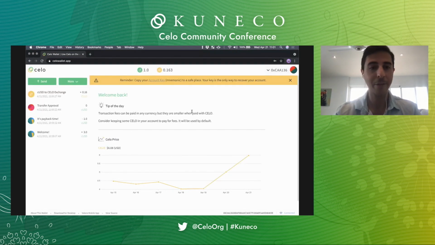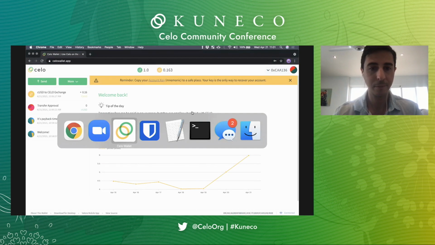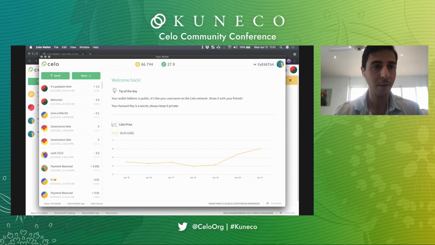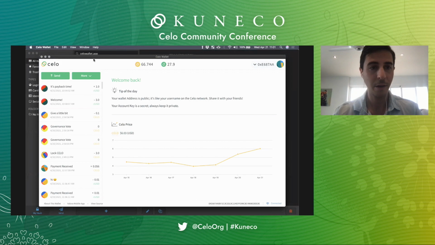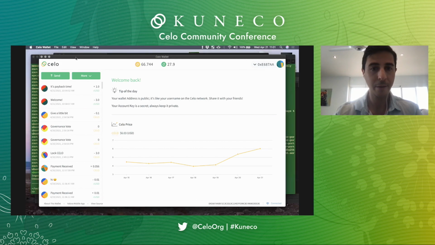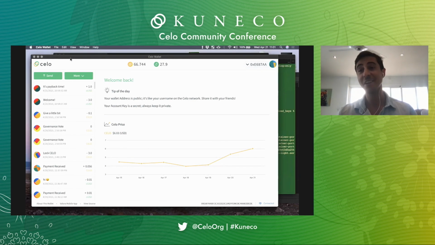So let's have a look at the desktop version and see how that compares. I've got that loaded up here. And what you'll notice is it's the same. It looks the same. And in fact, it is the same. It's the same code base for both apps, but the desktop version has that web wallet code base packaged with Electron so that it can run on the desktop. And because it's running in this closed app, we can make some security guarantees that we can't necessarily do for the web app. So this is safe to use for any size of account.